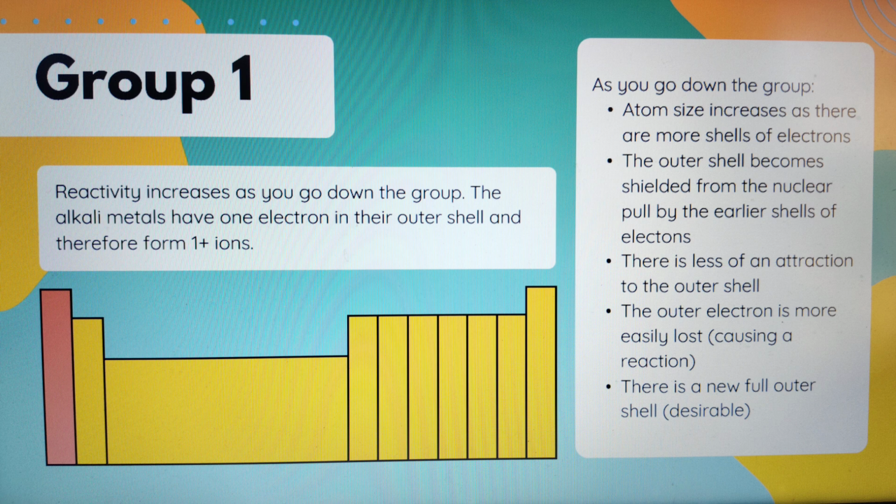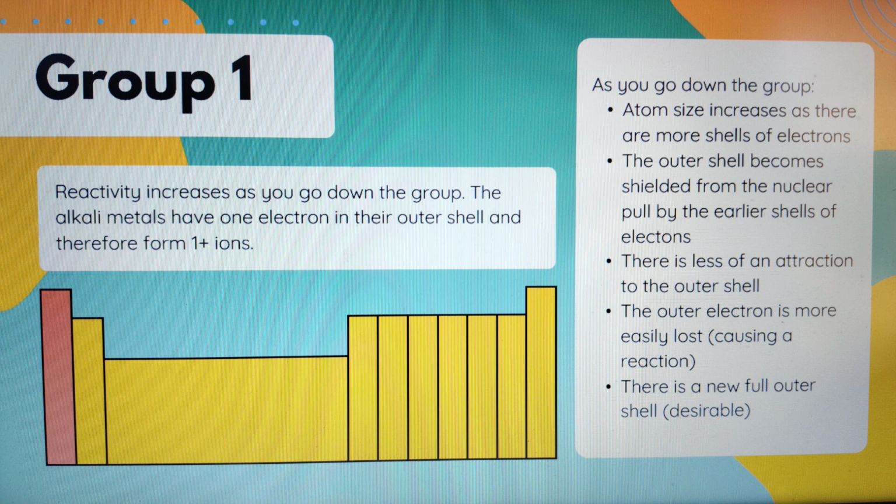So there is less of an attraction in the outermost shell. So the attraction of the nucleus with the outermost shell will be very less. Like I gave an example earlier, when I'm speaking, the first bench person will be able to hear it very nicely, but the last bench person will have some difficulties because for the voice to reach there is difficult. So from the nucleus to the first shell, it is easier to pass the electrostatic force, but to the last shell, the outermost shell, it is very difficult.